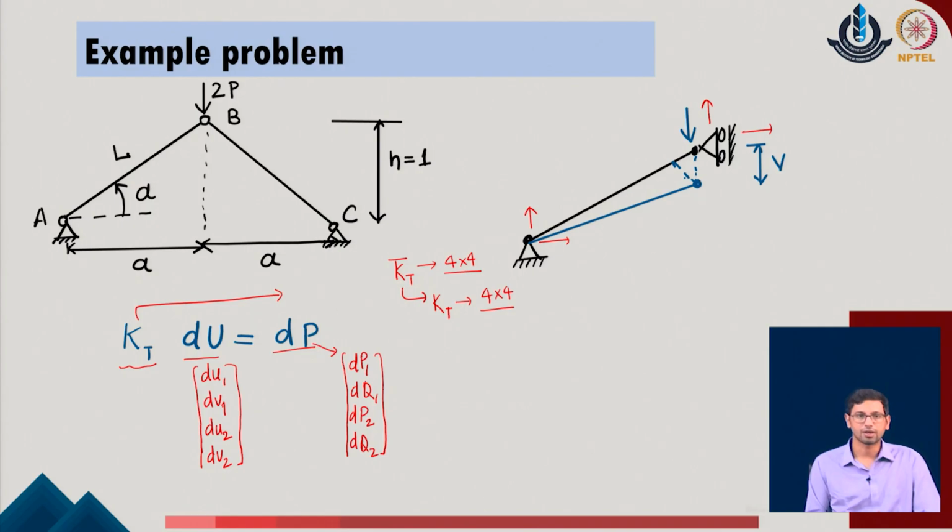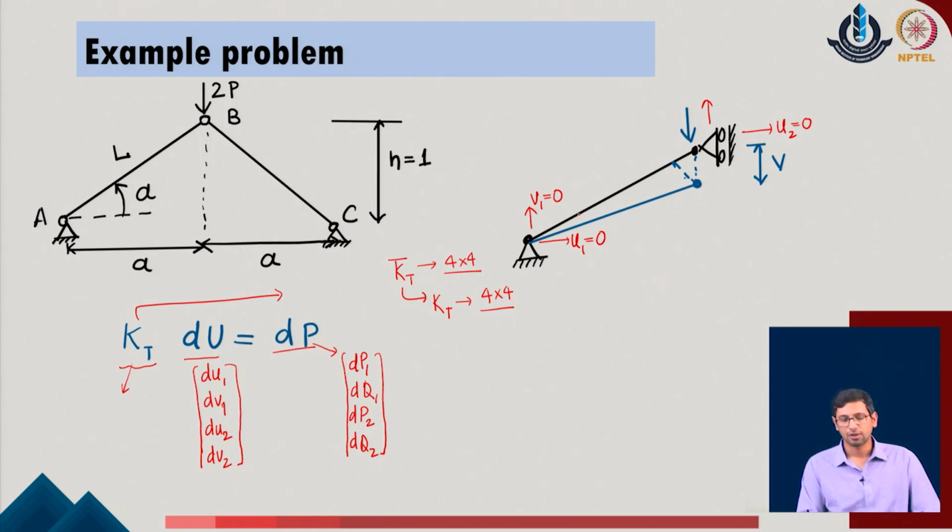So with this idea, we are able to identify that the k_t, which is a 4 cross 4 stiffness matrix, was implemented with respect to this vector component and the other vector component of the incremental load, and this typically gives us the solution of a nonlinear equation. To get the cases in this particular problem, we realize that the displacements along the directions u1, v1 are 0. Similarly, the displacement u2 is also 0 for the given system. So there is only one possibility of displacement, which is along the direction of v2 in the given problem.